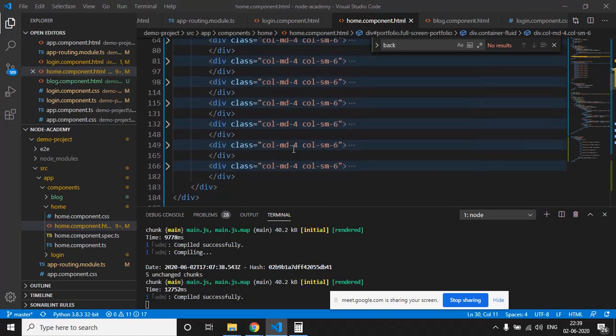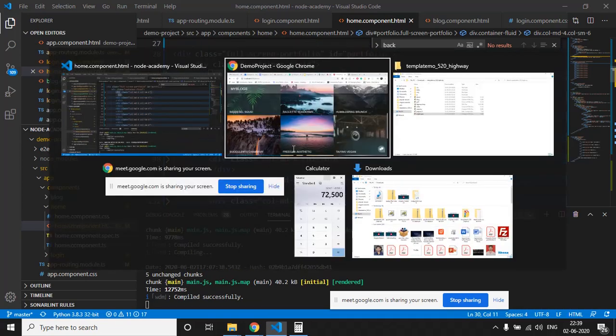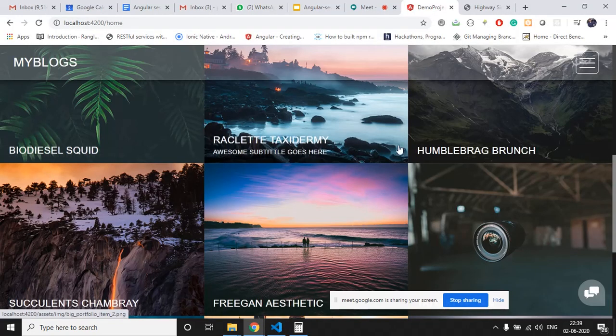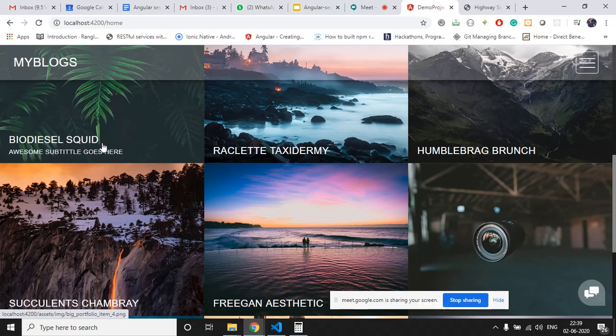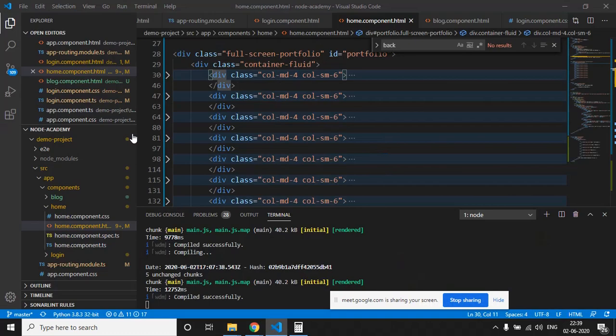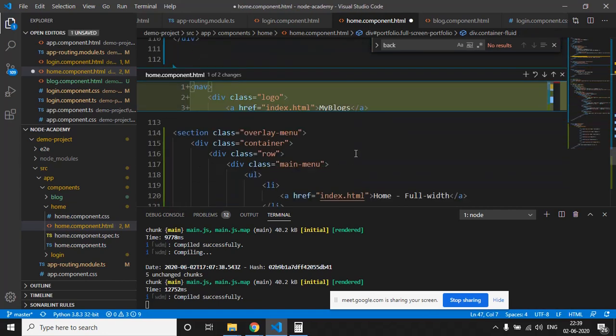So we have this many tiles available on our home page, right? We don't need all these tiles because for now we only have a single blog page. So we will remove all the other tiles and just keep one single tile there.